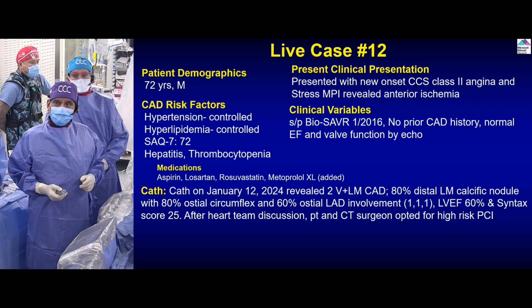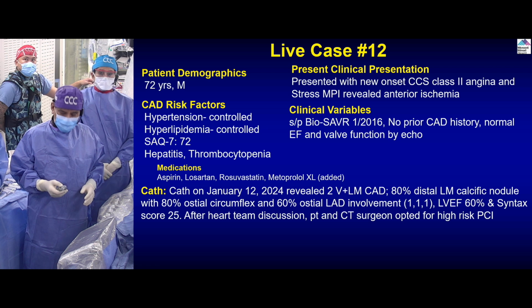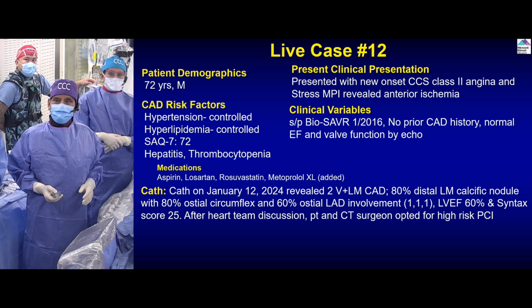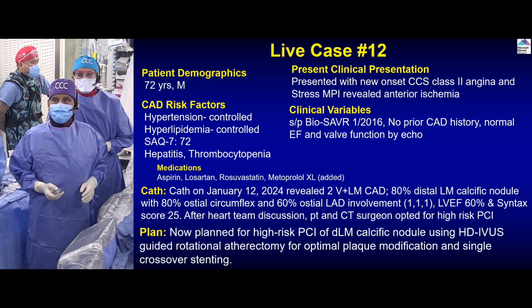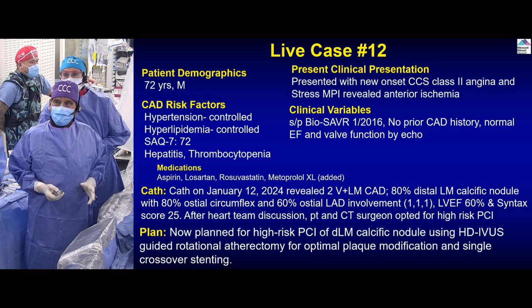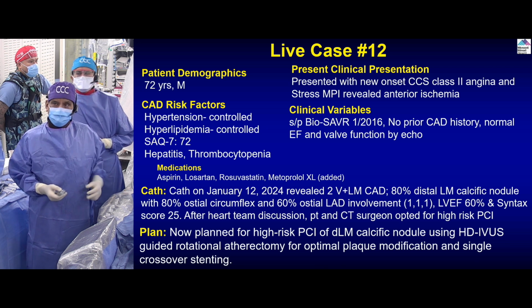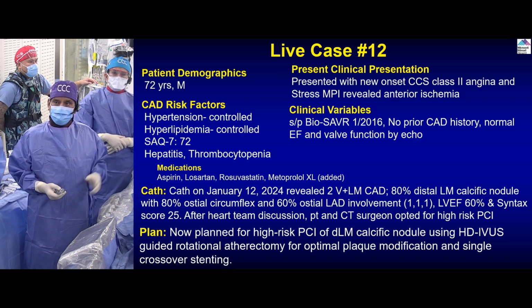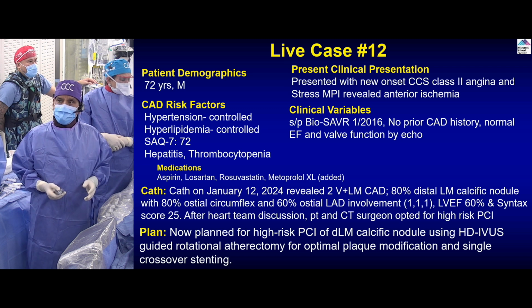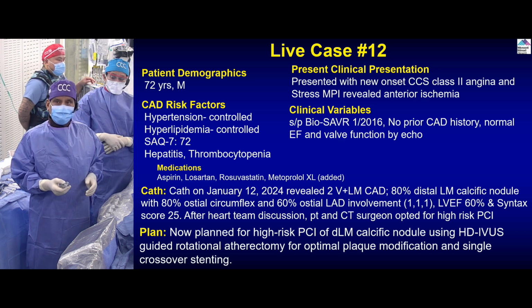So after discussion, because of thrombocytopenia and hepatitis, the surgeons decided to go for intervention. That is what we are planning to do today: the distal left main calcific nodule using high density IVUS guided rotational atherectomy. This is the kind of case where we might upsize, using multiple burrs. Usually we use only 1 burr. 95%, while 5-8% require 2 burrs, and then we try to put 1 stent because of the left main to circumflex and